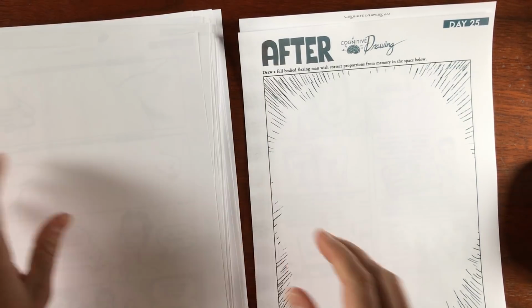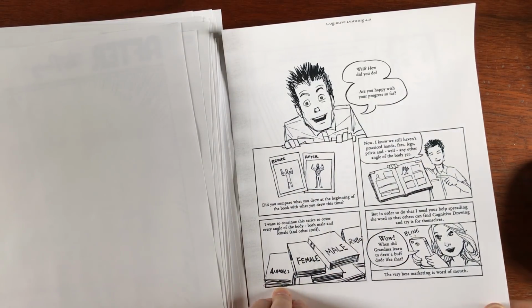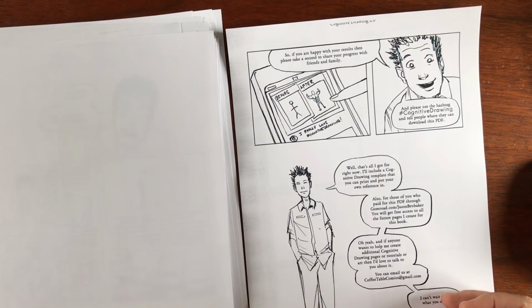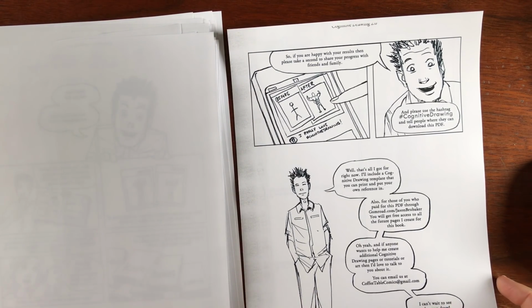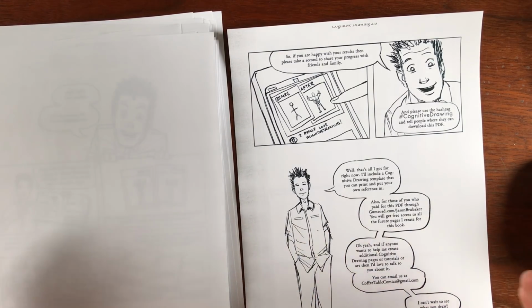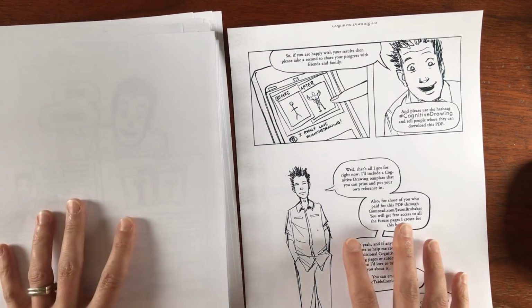So anyway, there's that. I just talk about that right here and how this book is kind of the beginning of something a lot bigger, and I would love it to expand and grow into something that could cover anatomy from all angles, both male and female. But that's going to be hundreds of pages, probably 300 pages, and this is only 60. And I've had it all planned out, but it's just a lot of work to make the tutorials and